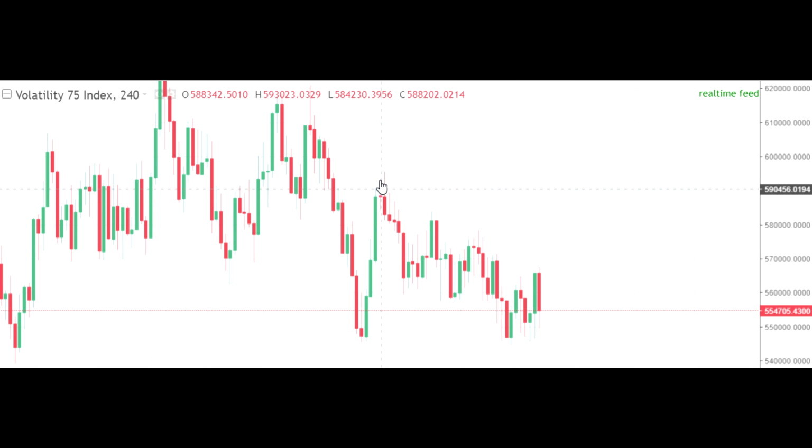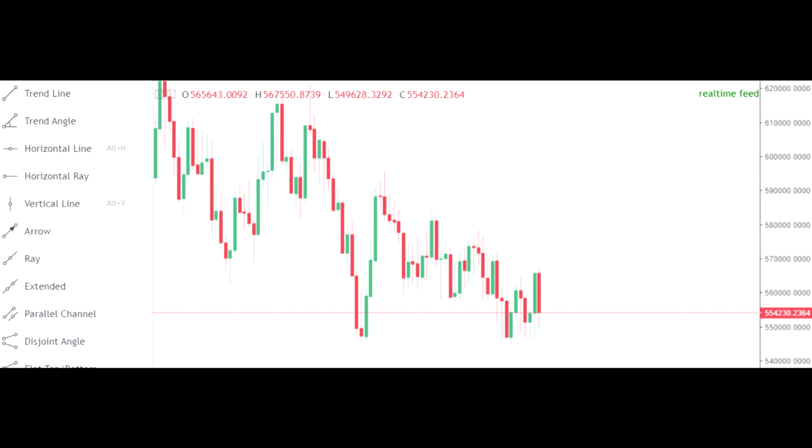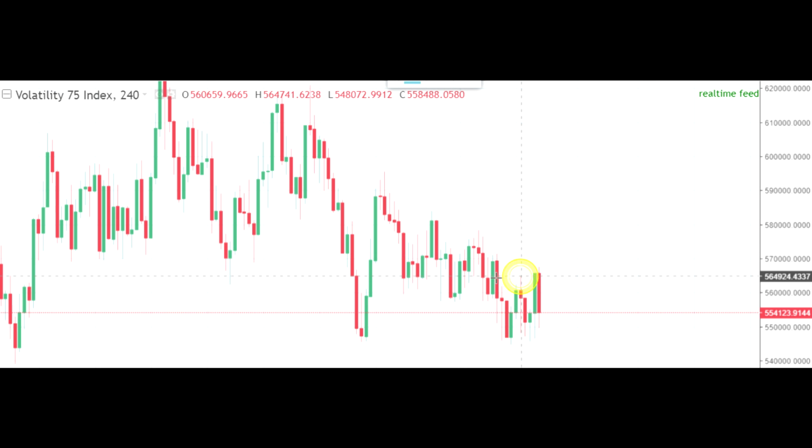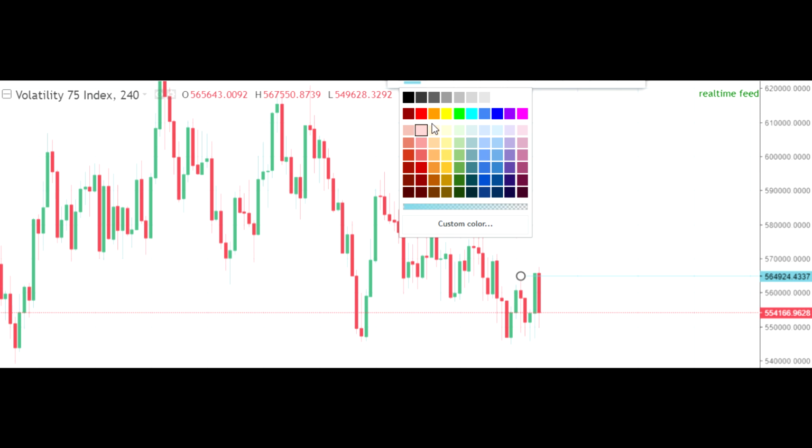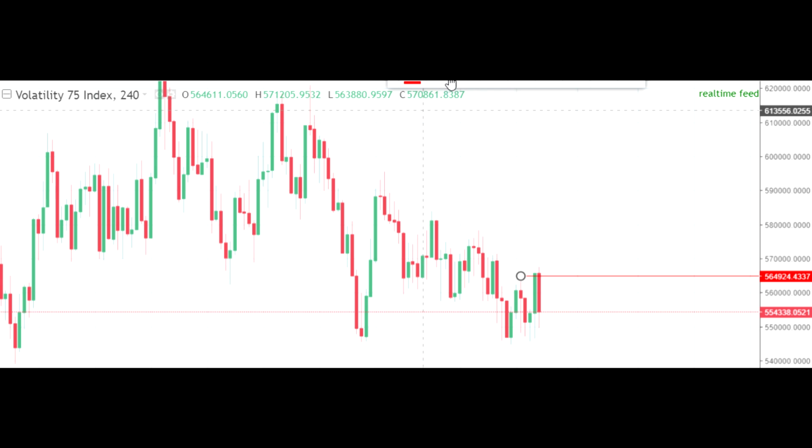Basically, you would say you can see the market swinging from a certain high, coming down, and it's trading downwards. But can you see that there's a high here, and can you see that the high has been violated? I hope you can see clearly this high. Let me use this horizontal line. Now let me change the color to something red, slightly deeper.